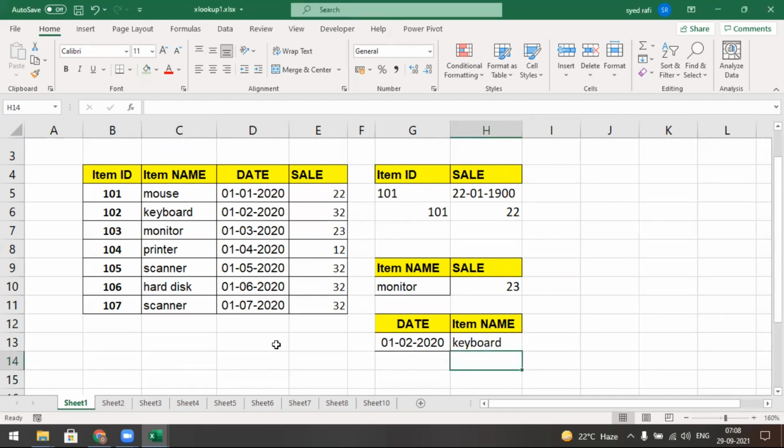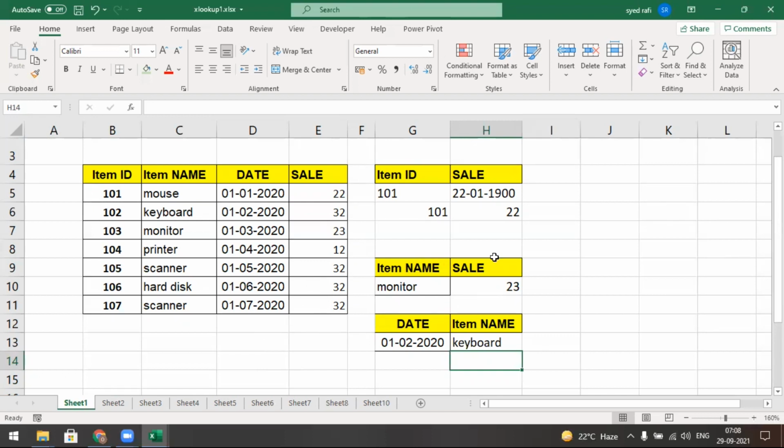So this is the XLOOKUP. Let's check its arguments. XLOOKUP is very important, and the last two arguments are very important. Let me show you what the first argument is in the XLOOKUP.